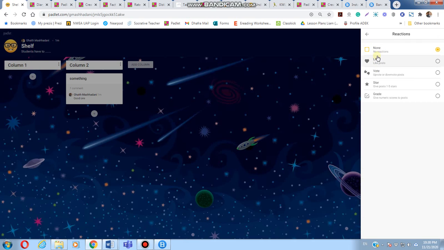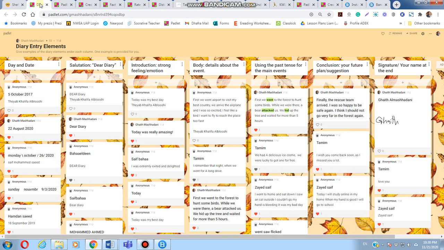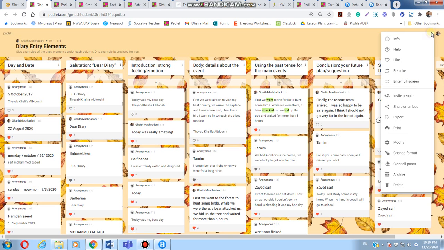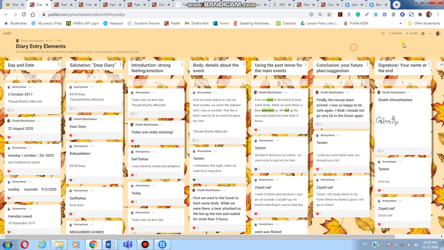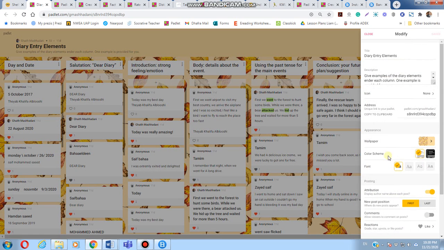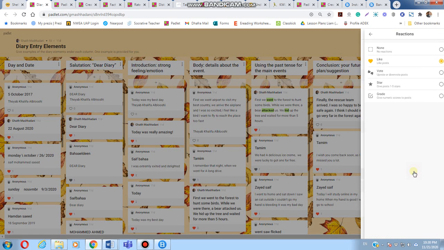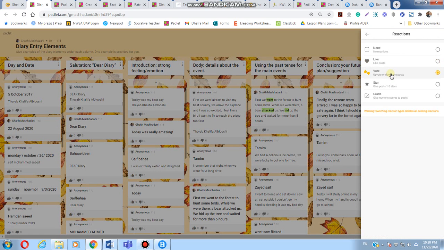This, as you see, we have no reactions here. Let me take you to another one. This one, for example, has a like reaction. As you can see, we have hearts. I liked the posts that are correct. I told the students I would like the ones that are correct. Or I can let the other students also like them too, to show their evaluation. This is like. If you wish to vote,